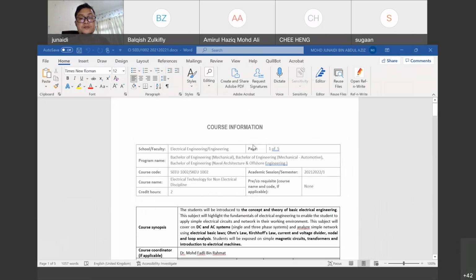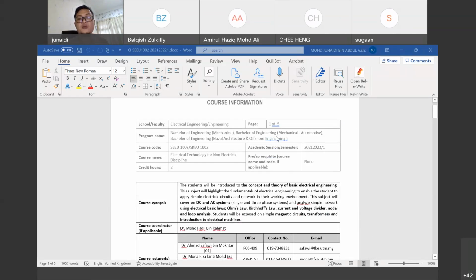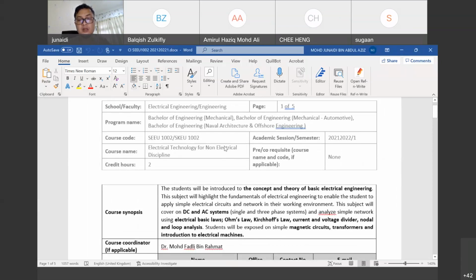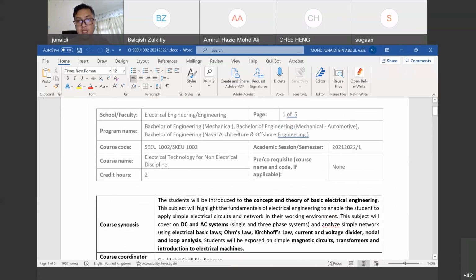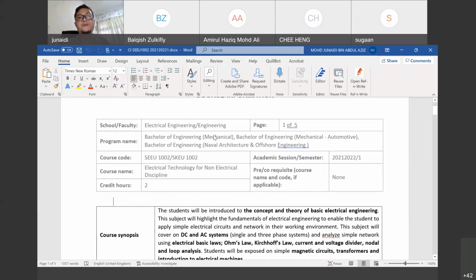So this course information for SEEU. So this is the code. I hope all of you can see clearly what I'm sharing with you at the moment, which is the course information for SEEU